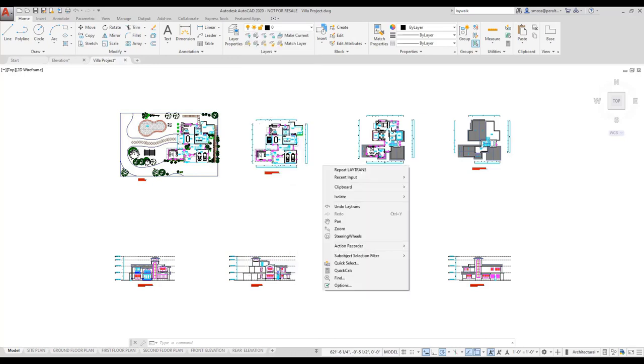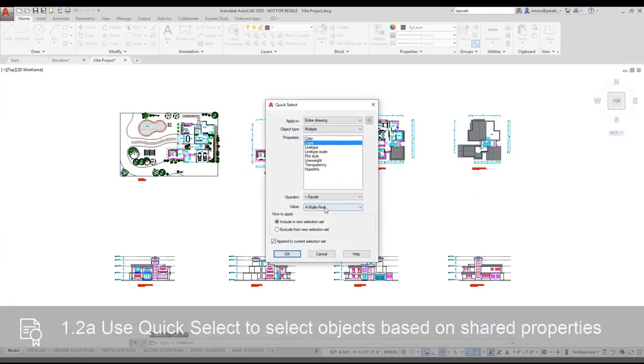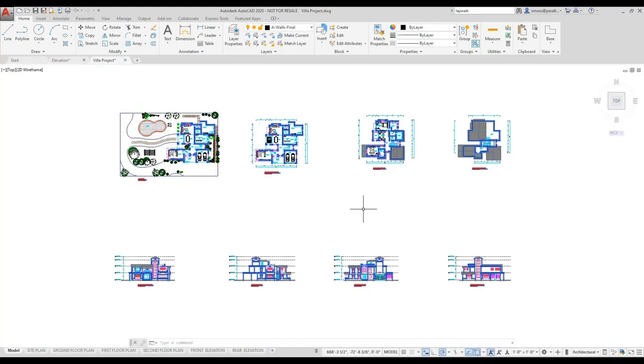And again, if I go over to quick select and select anything that is on the layer called A walls final and say OK, notice they all are selected. So both Lay Merge and Lay Trans do the same thing, they just do it